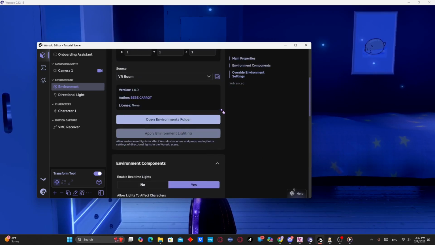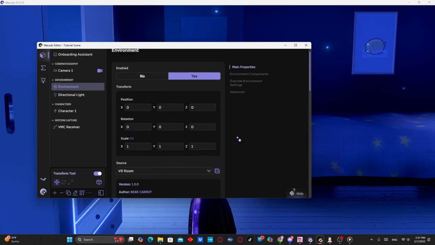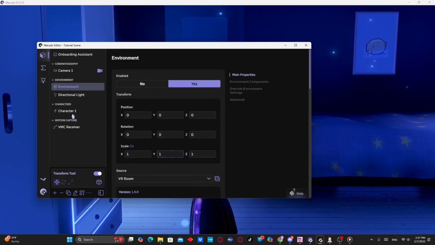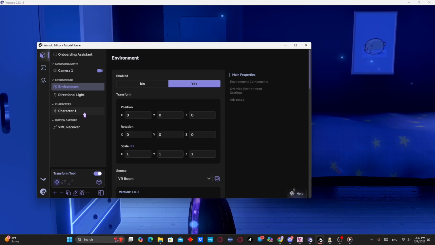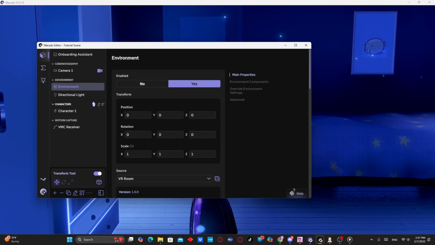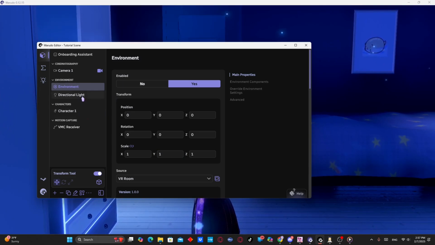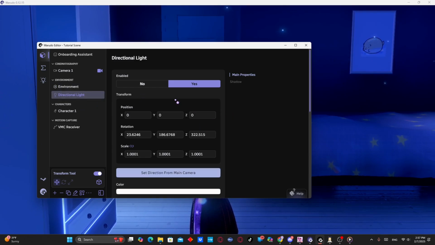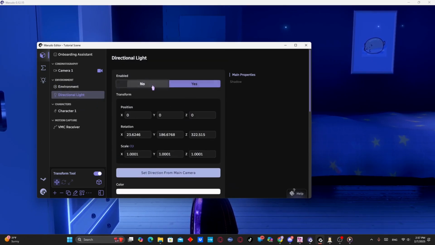And yeah, so nothing else with that really that's important. I don't mess with the position either because I prefer to mess with the position of my actual character rather than the camera. But we'll go into directional light. We're going to want this enabled